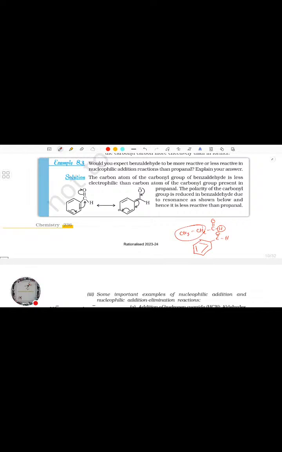Because they are talking about resonance, that is the oxygen, the double bond. So basically this